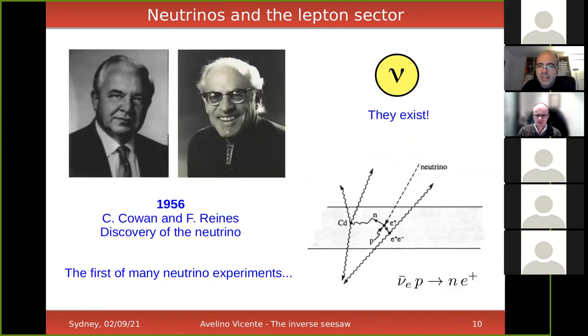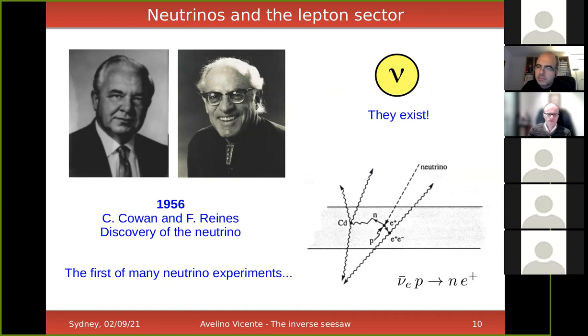That eventually became reality when Cowan and Reines, about 20 years later, discovered neutrinos by running these experiments with nuclear reactors. They first thought about using a nuclear bomb, but then they thought better, and they did it with a nuclear reactor. They had this huge amount of neutrinos coming from the nuclear reactor, and they used this clever idea of using the simultaneous presence of these photons coming from neutron capture and e+ e- annihilation to detect neutrinos. This was the first of many, many successful neutrino experiments.